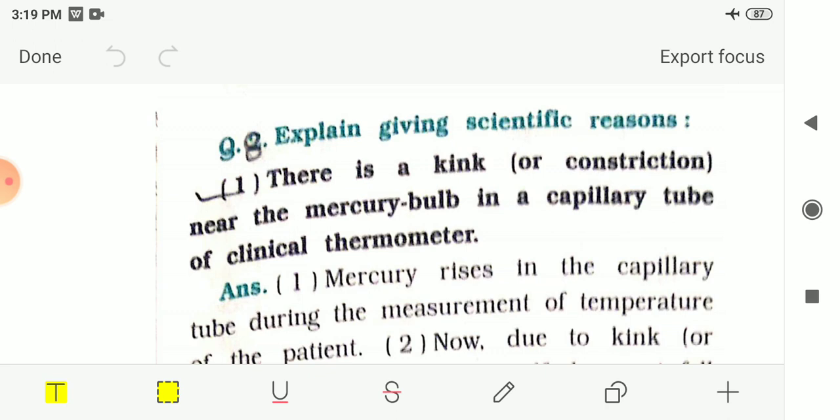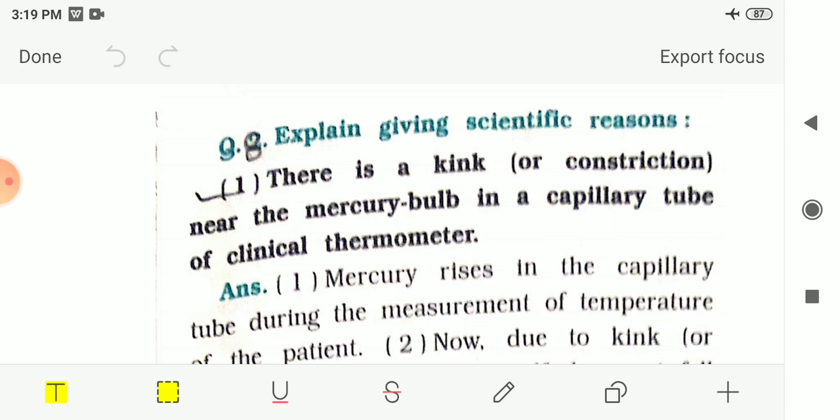So in the chapter we had seen that the degree of hotness or coldness of any object is called its temperature. And whether an object is hot or cold, we can say that from its temperature. Then we had seen the temperature of a substance can be increased on giving heat to that substance, and the temperature of a substance in the same way decreases on absorbing heat from that substance.